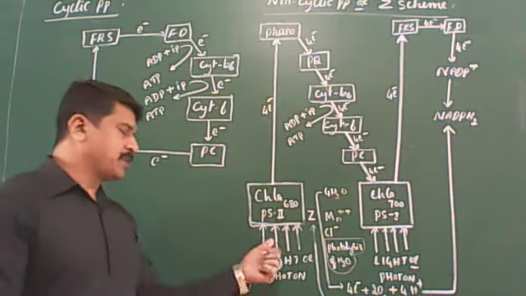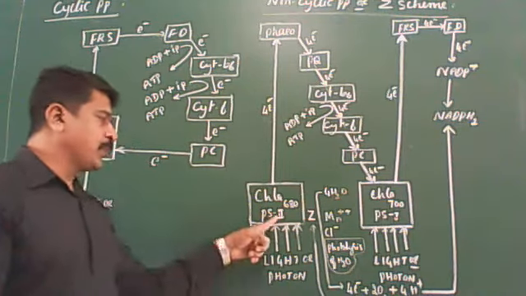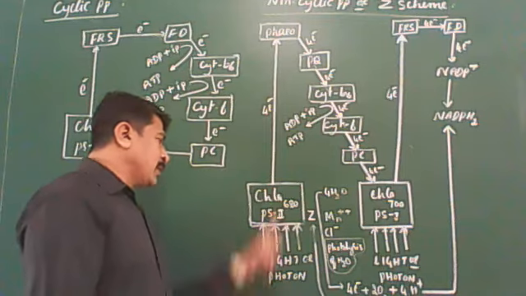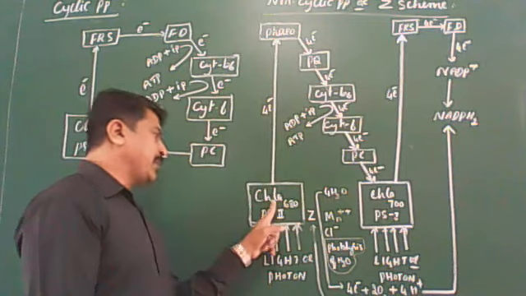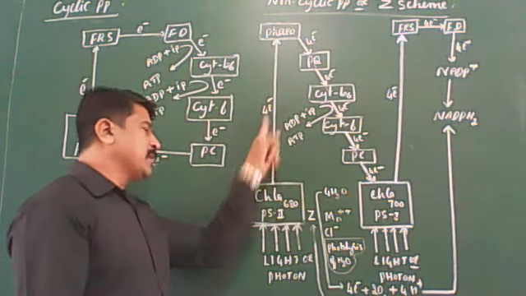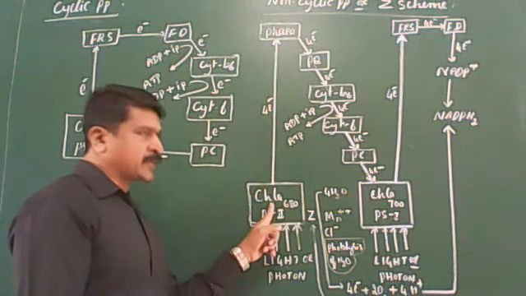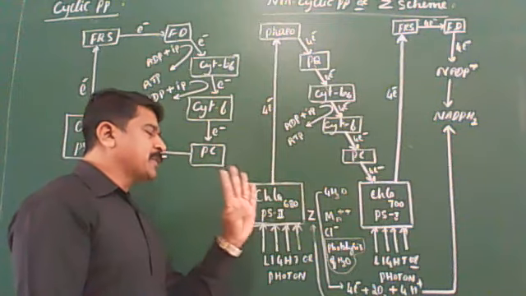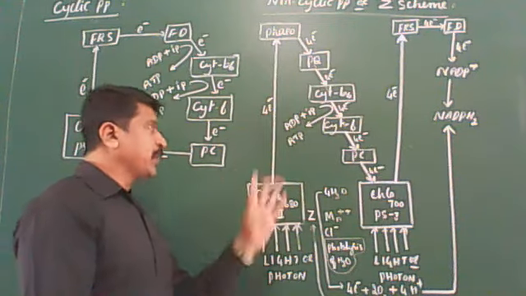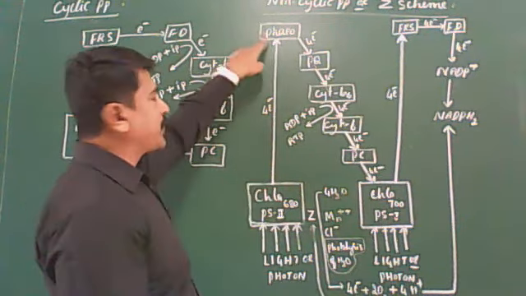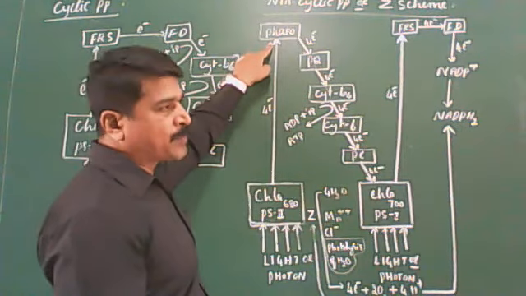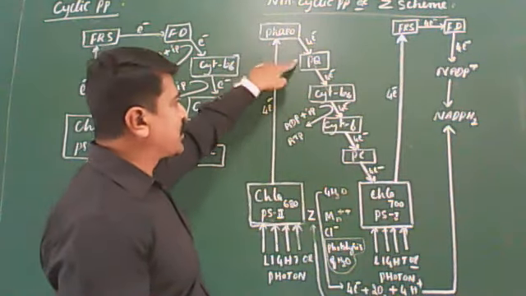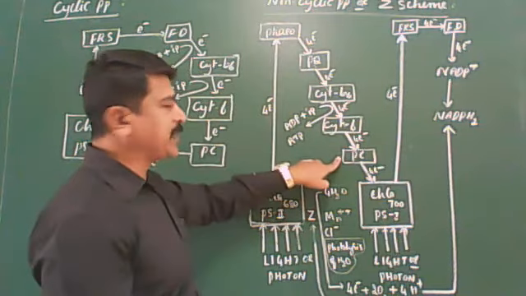The accessory photosynthetic pigments of PS2 absorb light or photon, transferred to the reaction center containing chlorophyll A680. As a result of this, it becomes excited and ejects energy-rich electrons. With the loss of electrons, it becomes oxidized, and a 4 electron gap is created in its reaction center. The ejected electrons are accepted by primary electron acceptor PO518. From the PO518, electrons transfer through a series of cofactors: plastoquinone, cytochrome B6, cytochrome F, and plastocyanin.